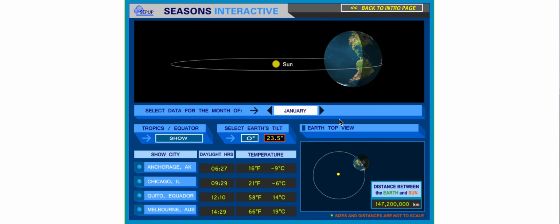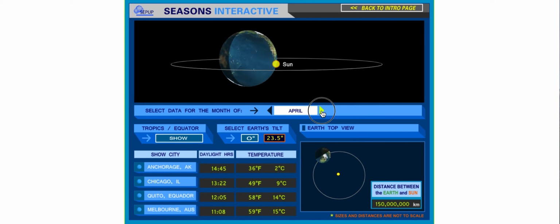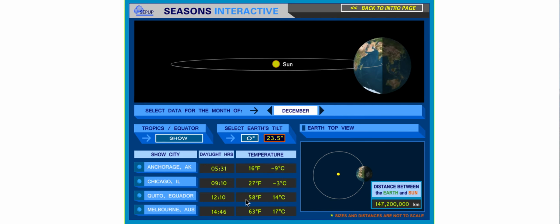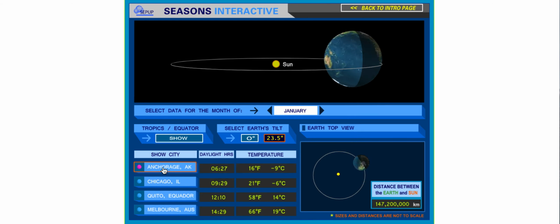So there's a bunch of useful information here on this front page that you can kind of look at. The interactive is in here. And then in here, right, you can see the Earth and the Sun. And clearly the sizes and distances here are not to scale. But you can move the Earth around, okay? And you can see how at these certain locations where they're measuring, right, if you go back to here, they're showing there's the Chicago line, there's the Anchorage line. But so at these different locations that they're tracking, they're showing you what the temperature is and the number of hours of daylight